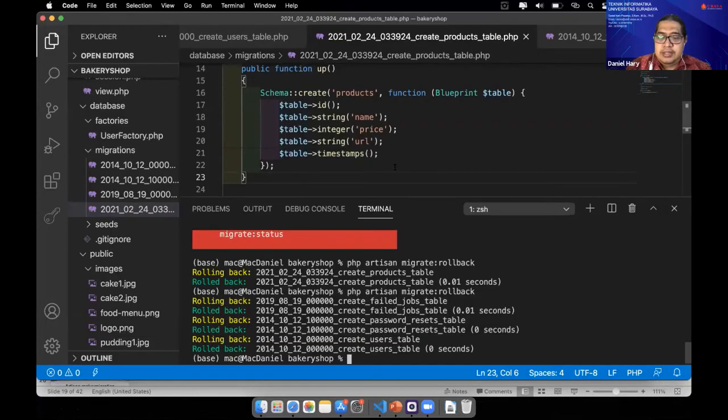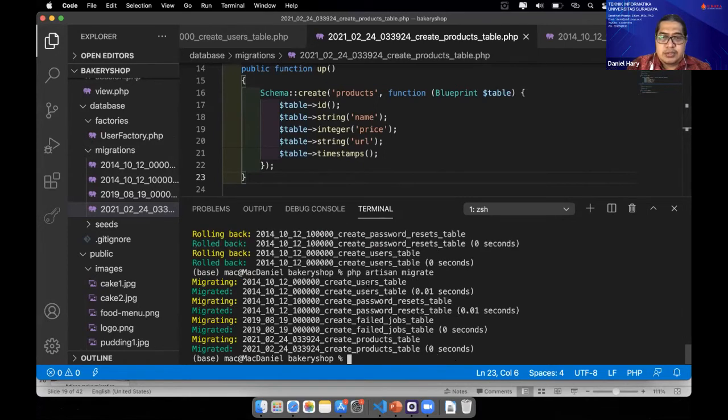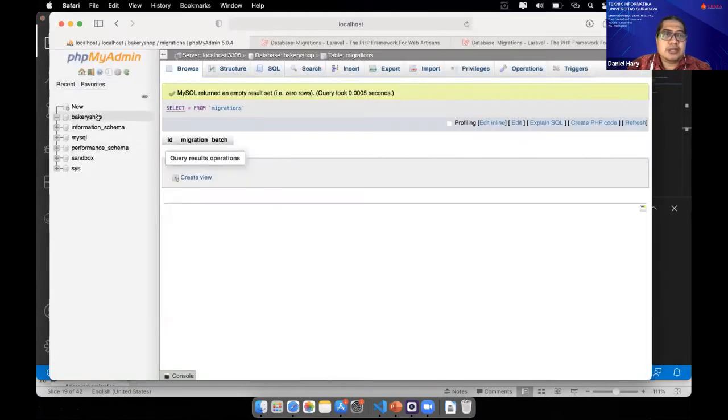If we migrate again, because these 4 migration files have not been run, they will be run together as batch 1. PHP artisan migrate.